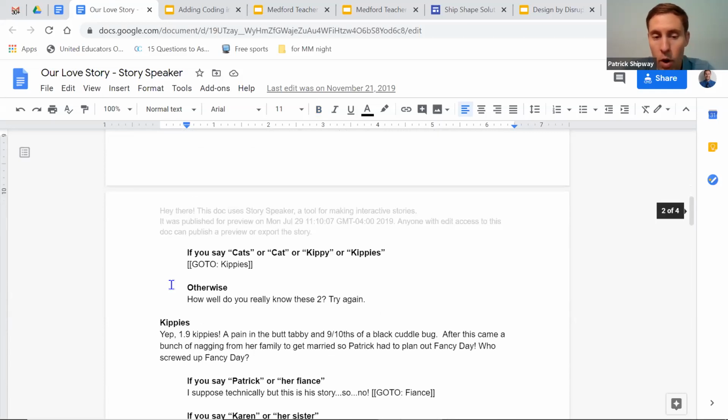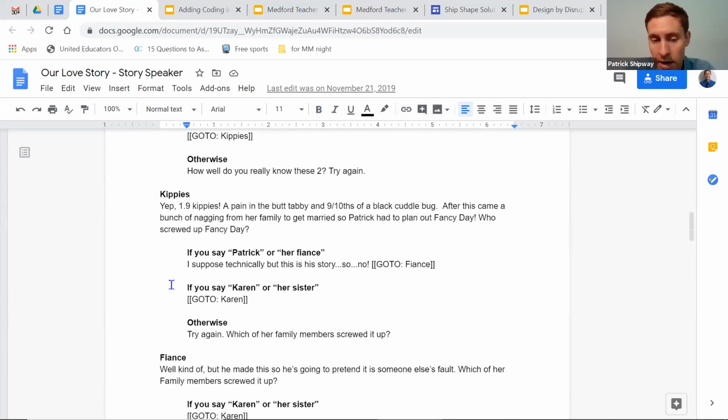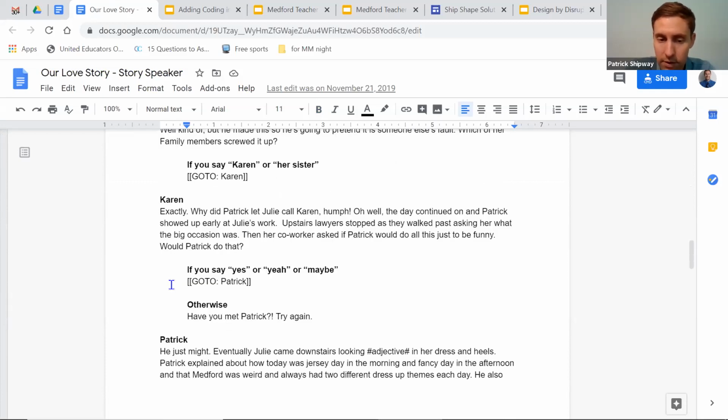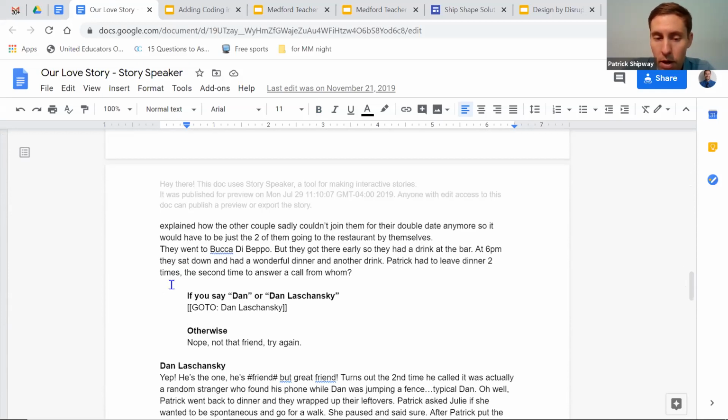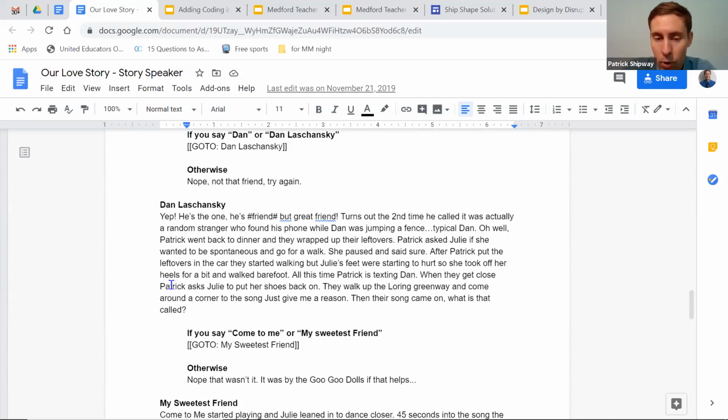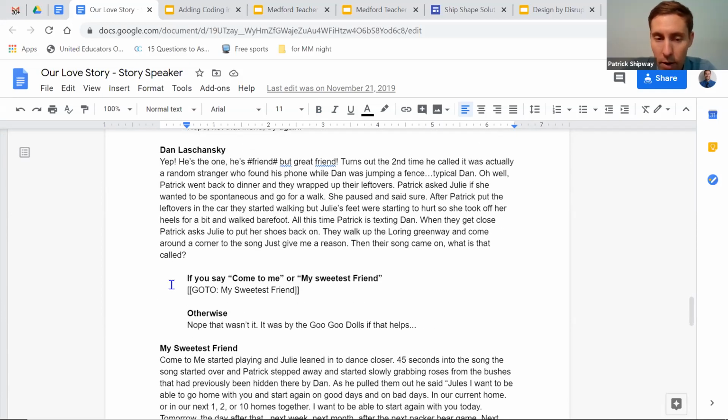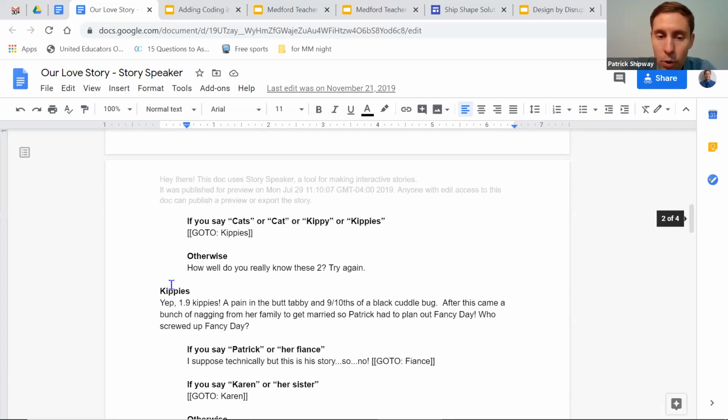So it's always one indent left, one indent left, one indent left. I only wanted one possible route for them to go. There are no ends in my story for this one. It goes all the way down. But I do have